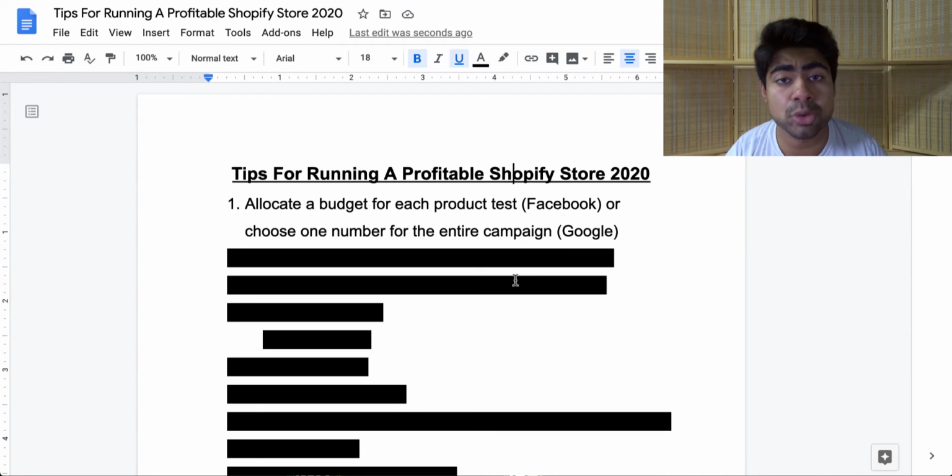And this is especially true with Google, because Google Ads is a platform which requires a lot more waiting compared to Facebook or any other platform, because it is a search-based platform. When it comes to Google, you want to be making changes every 7 days, but that is not the case for a lot of people who start to panic once their budget's starting to get depleted. So you always want to choose one budget, whether it is for Facebook ads, and the budget we're talking about is for each product test, or for Google, where the budget here is for the entire campaign, which tests all of the products. Always keep that budget in mind and always stick to it,